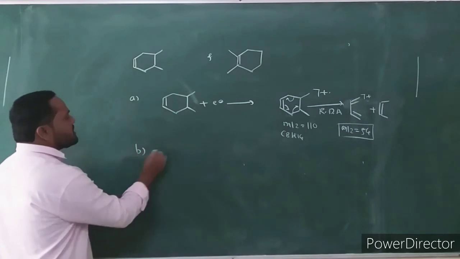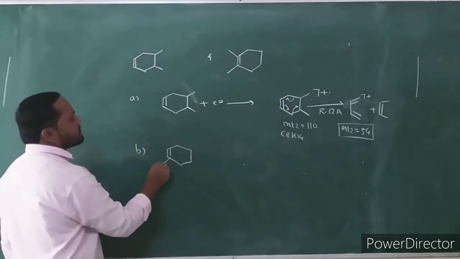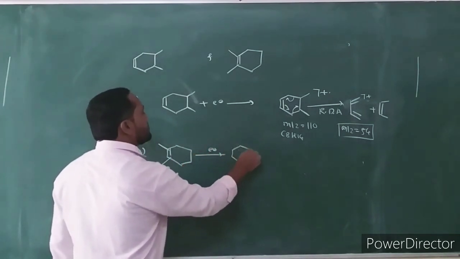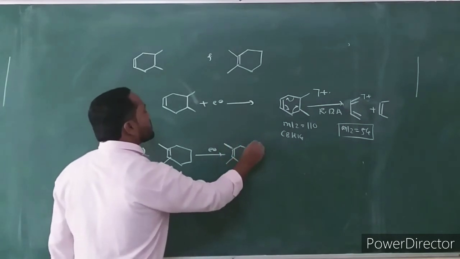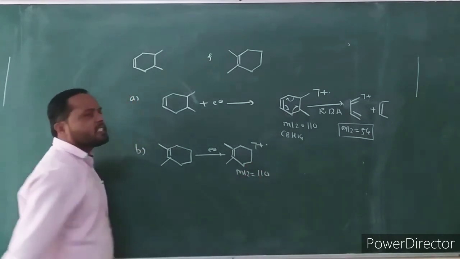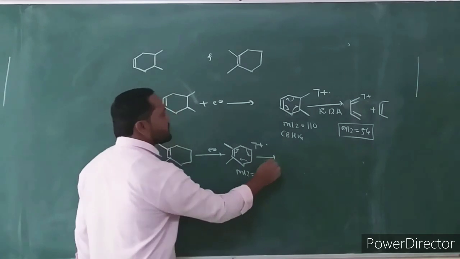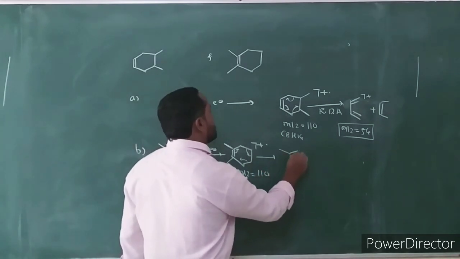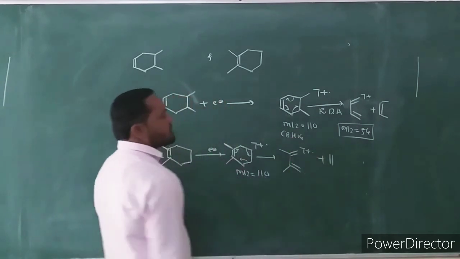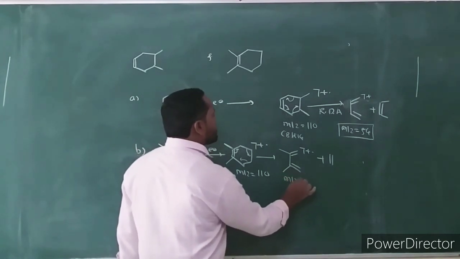In the second compound, it also undergoes electron ionization. There is formation of the molecular ion. The mass of the molecular ion is the same, 110. Then it undergoes retro-Diels-Alder fragmentation. There is formation of this fragment ion with loss of a neutral alkene molecule, ethylene molecule, and it has mass to charge ratio